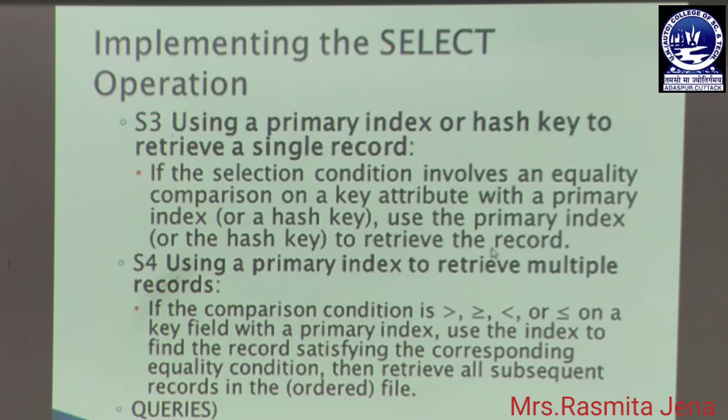If we want to retrieve a particular record using equality comparison, the records may or may not be ordered. In that case, we may use the primary index or hash key to retrieve the single record.